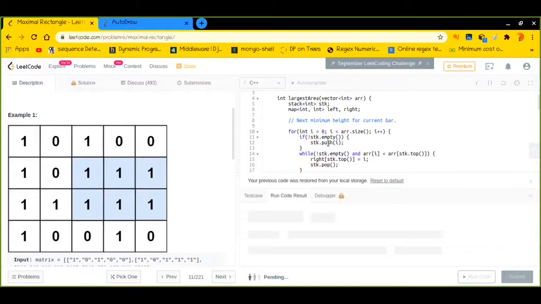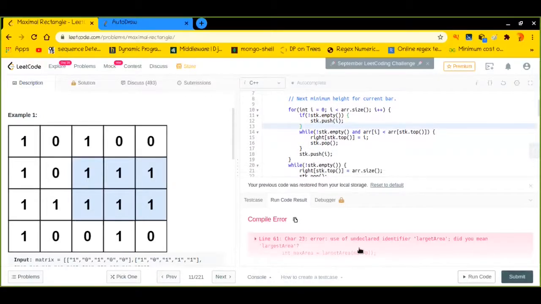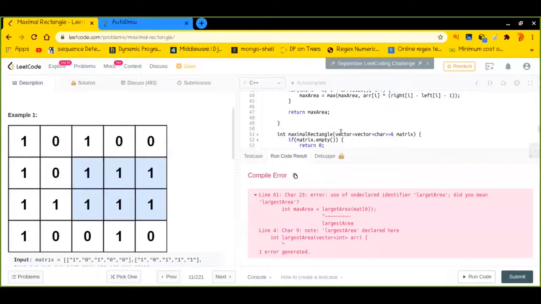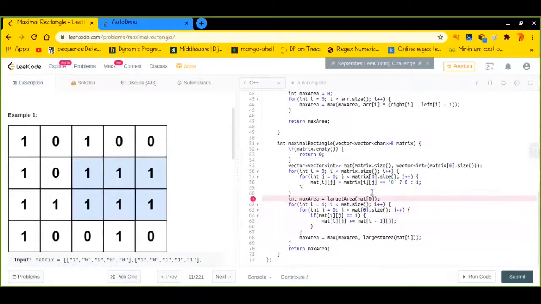If there is no element in the stack, we have to insert one. I guess there is some spelling mistake. Okay, largest area.